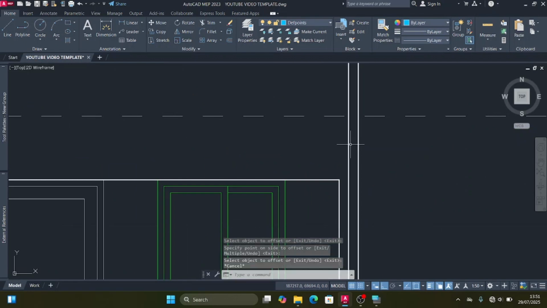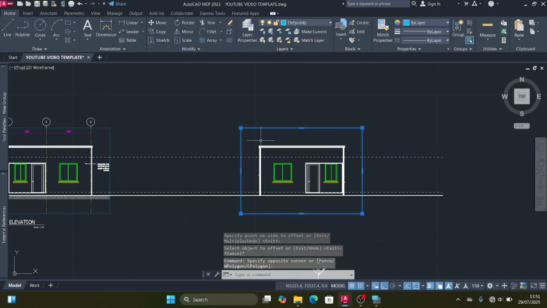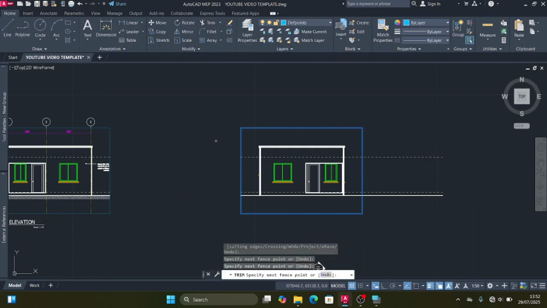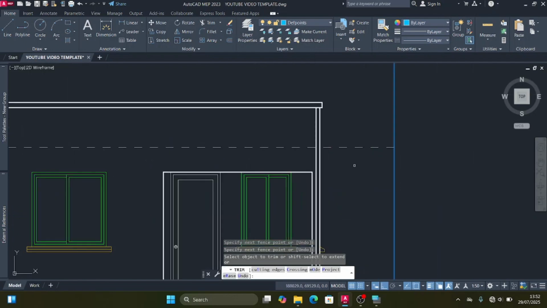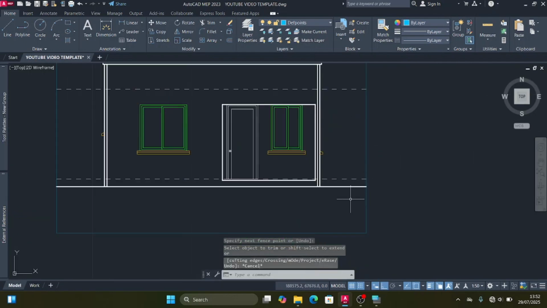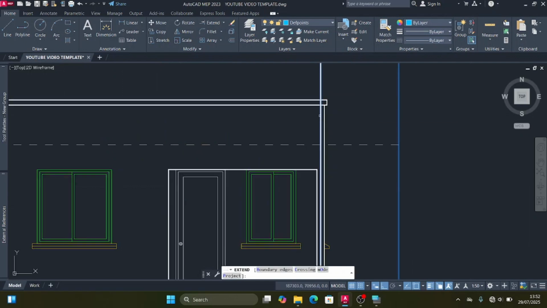Then select this outer rectangle, click at the trim command, then trim off those lines. Alright, then next press escape, select it once again, click at this arrow next to the trim command, then select extend. Then next click at the extreme end of this middle line, then also do the same thing